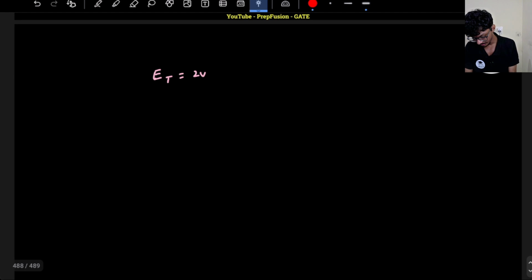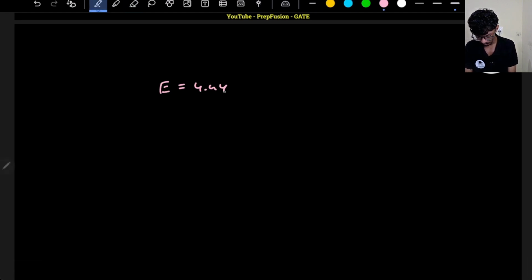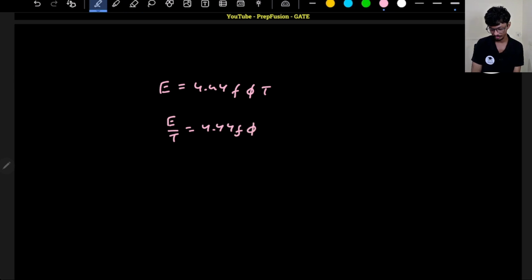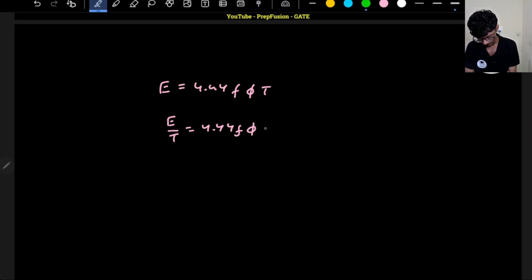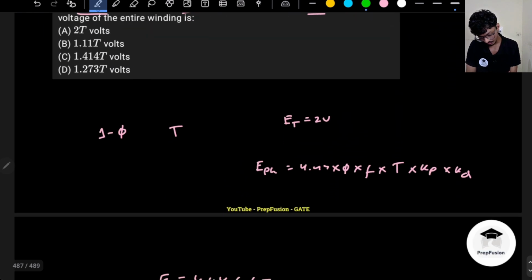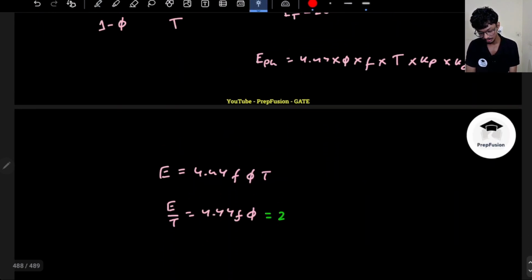So basically, they should have told us that this formula is made for 4.44 phi F into T. Then the EMF per turn here will be 4.44 phi into F into phi, right? This is the EMF per turn, okay? This is equal to 2. They should have mentioned it properly, but generally when they talk about EMF per turn, they don't include